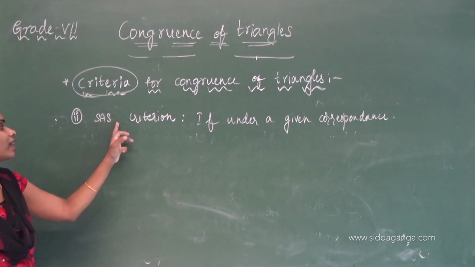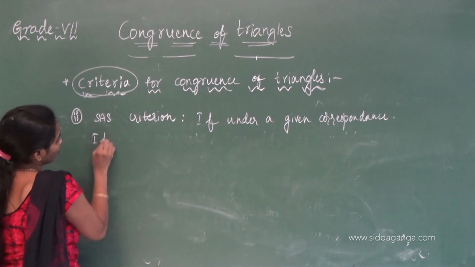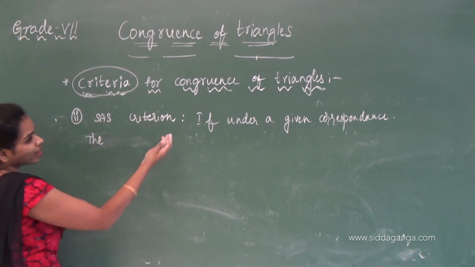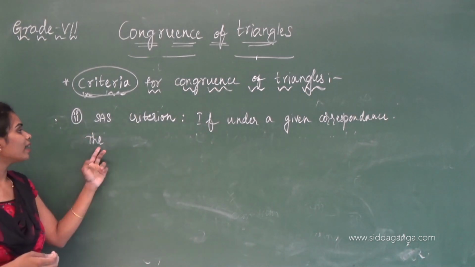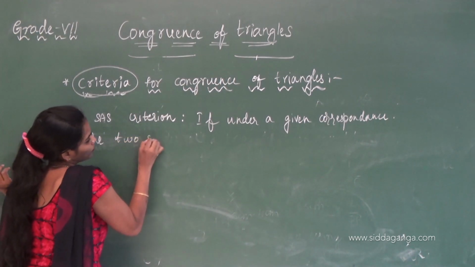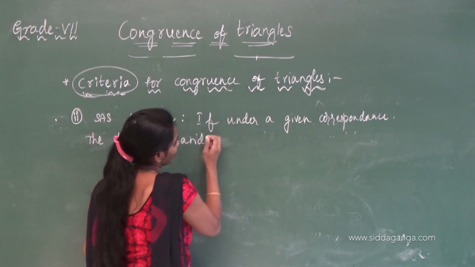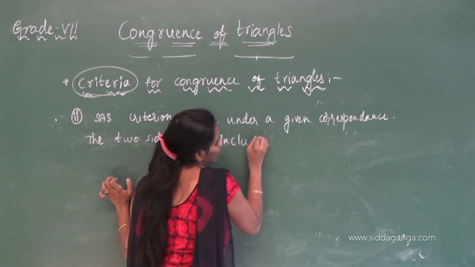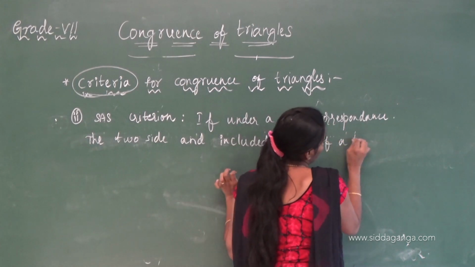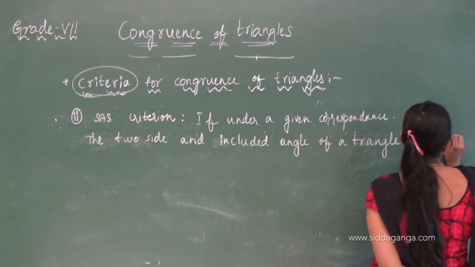Here, the SAS criteria: if under a given correspondence, the two sides and one included angle of a triangle are equal to